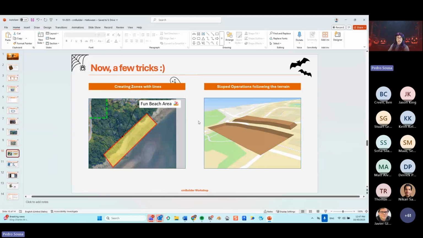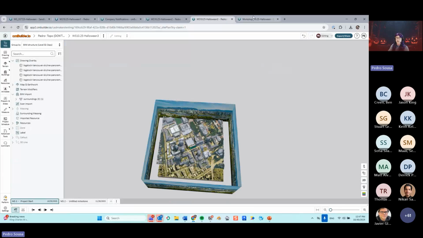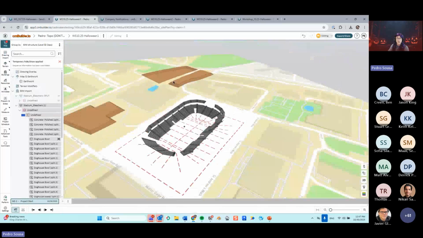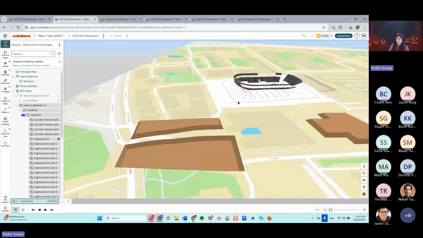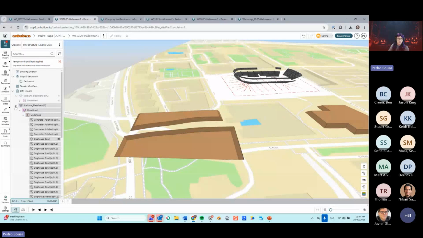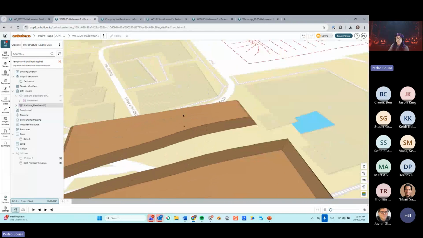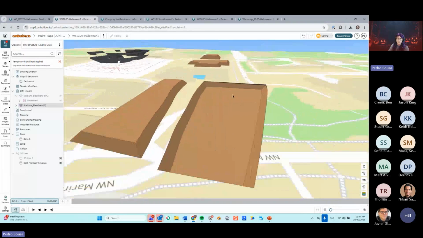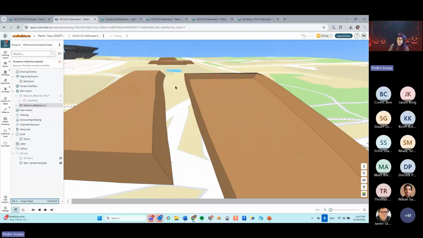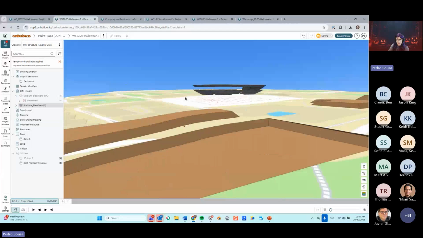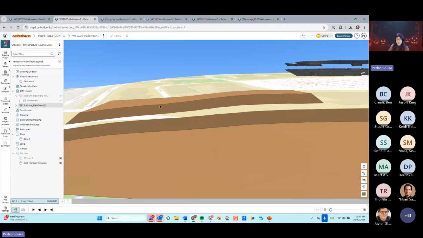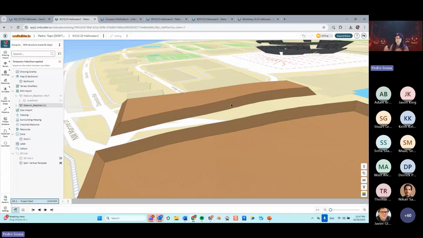Okay, so the next tip and trick is something that was requested by a customer who was working in a very complex terrain, with excavation operations and whatnot. The request was, how can I create a sloped fill or a sloped cut, a cut with a slope on the sides or a fill with a slope on the sides, but also have it follow the terrain? So I want to create a sloped fill, let's say, to show some stockpiles and make it follow the terrain, but I want to show the actual slope that represents a stockpile. And I want to keep it with